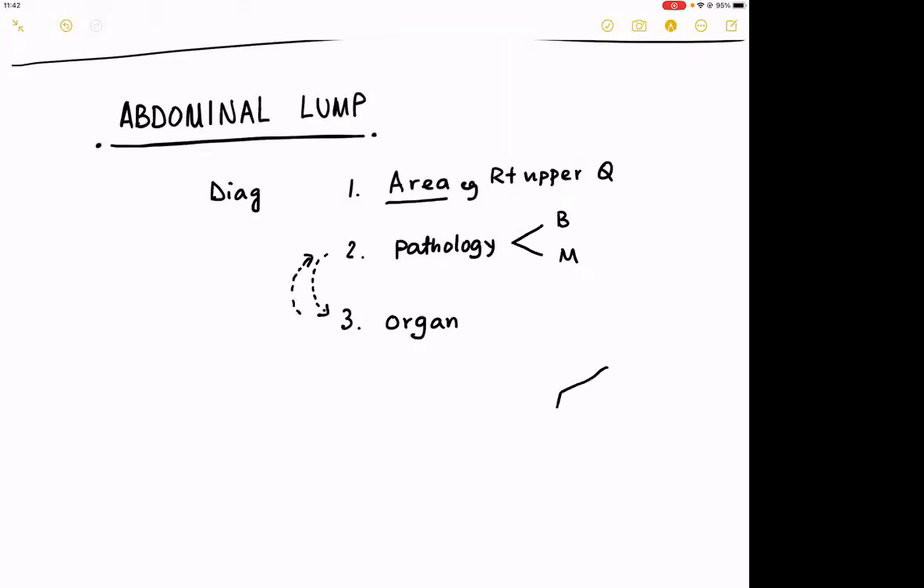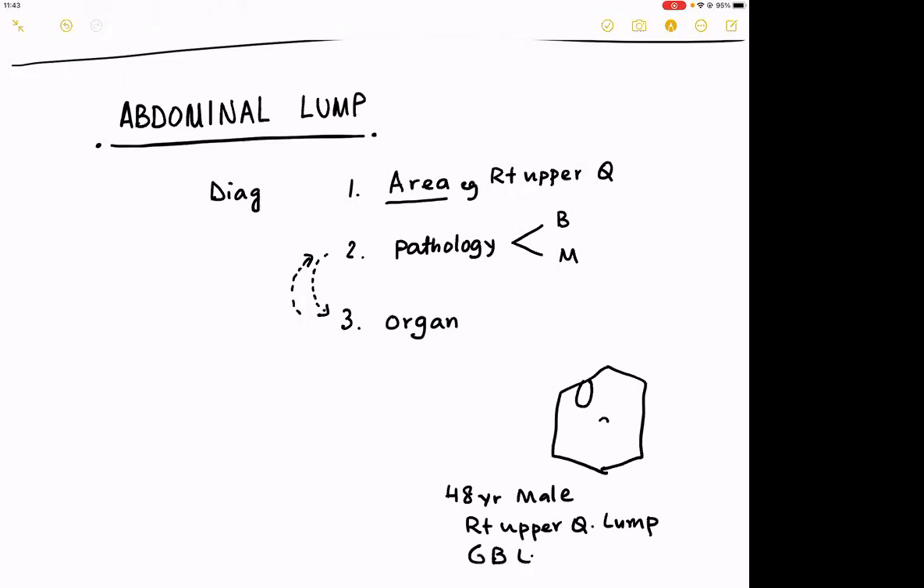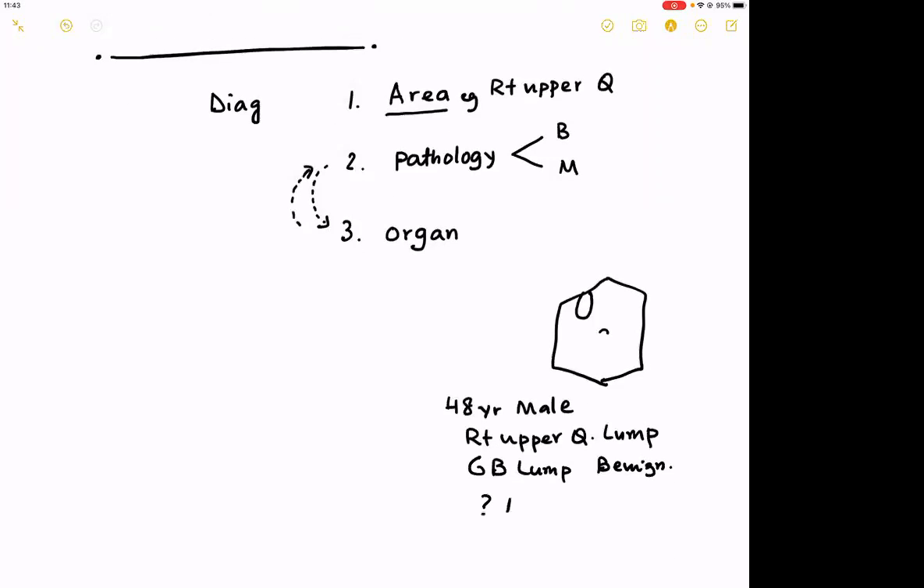So for example, if a patient has a gallbladder lump, the description will be: a 48-year male, right upper quadrant lump, gallbladder lump, benign in nature, and query mucocele. Now the last point, or point number 4, the exact clinical